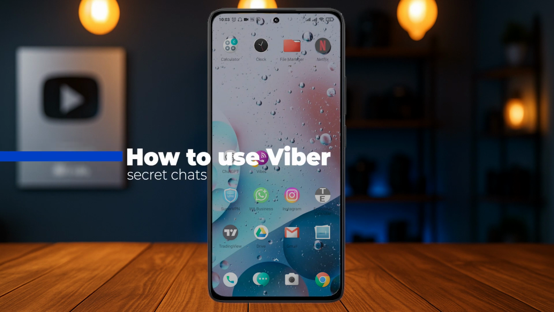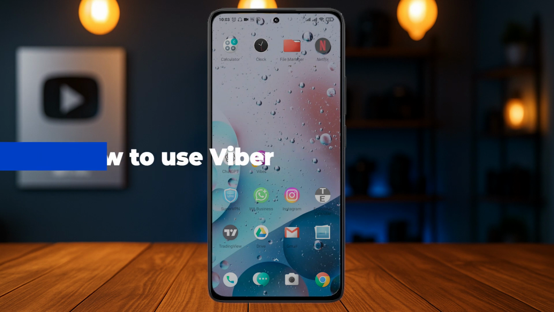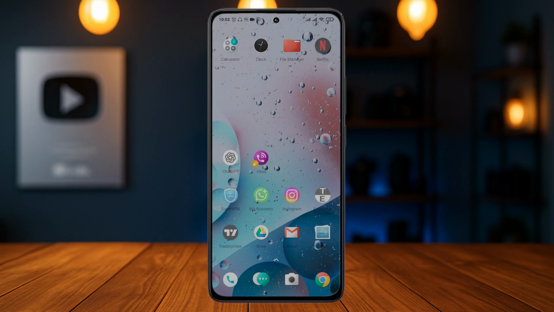In today's video, let's talk about how to use Viber's secret chats. If you're trying to create a secret message that other people can't view in Viber, let me show you